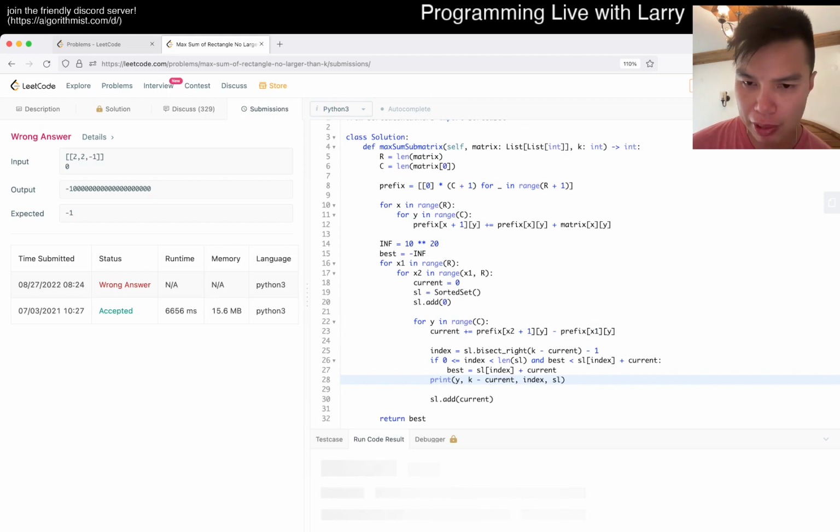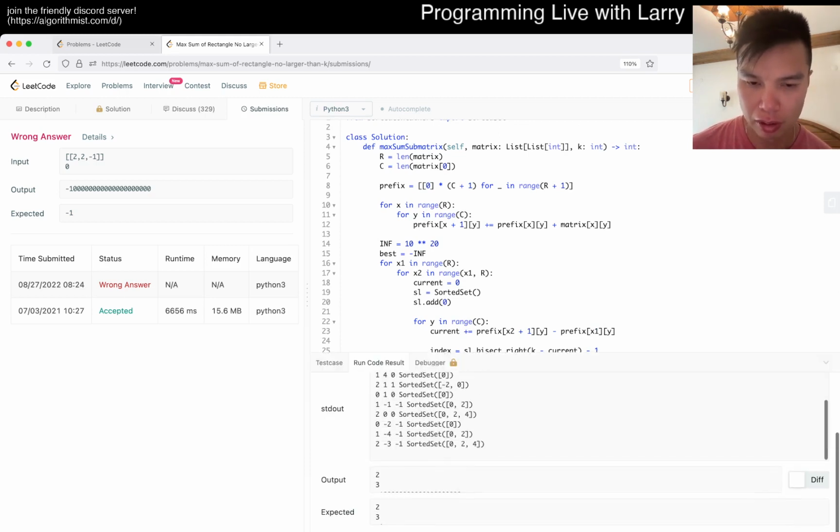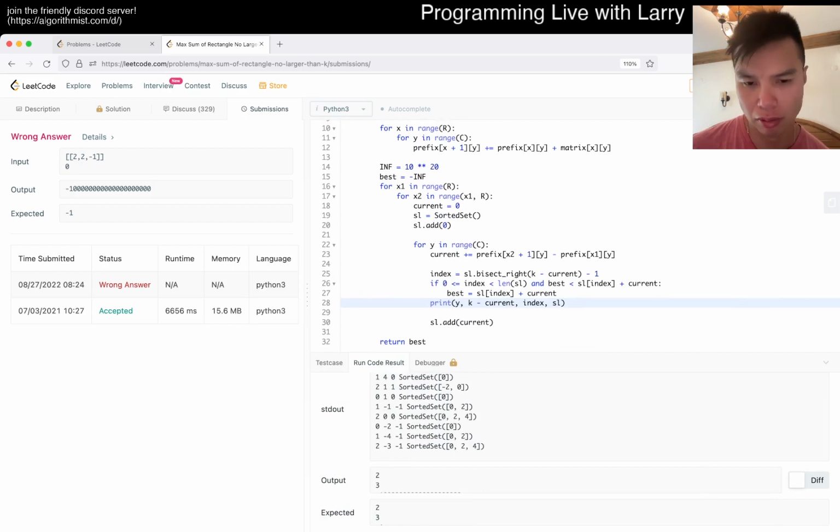So I binary search for -3, and it returns -1. Because we want the number that is